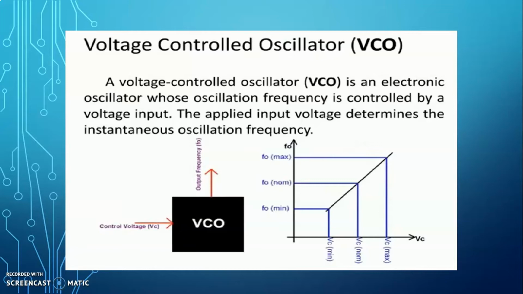Commonly, this type of oscillator is available in IC package. The relaxation oscillators are used to generate the square waveform, sawtooth waveform, etc. The harmonic oscillators are used to generate the sinusoidal waveform.